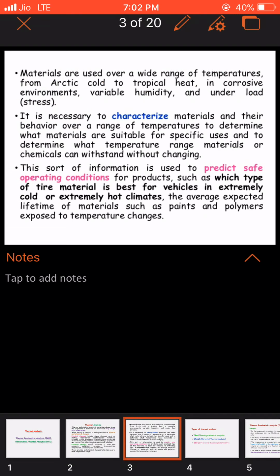But in future, if you set up a company which manufactures tires, for example, where you use all this Buna rubber and all. So these tires must be able to work properly in almost all the regions of the world. And to understand how to prepare those tires, you need to first study the materials that are used to prepare those tires,